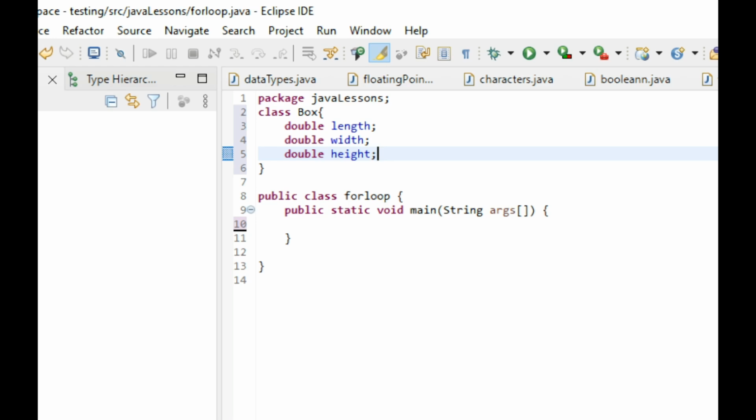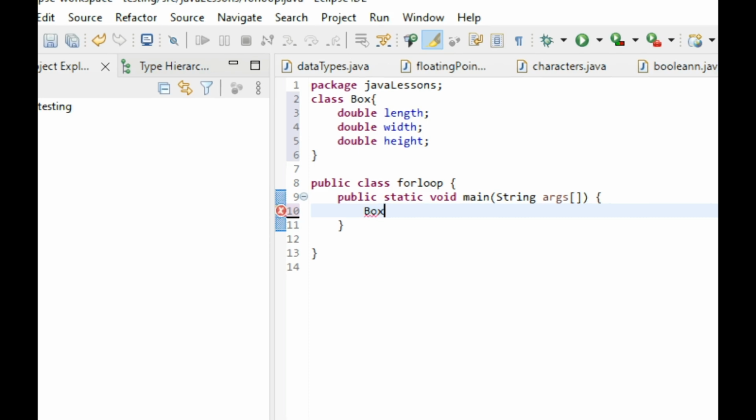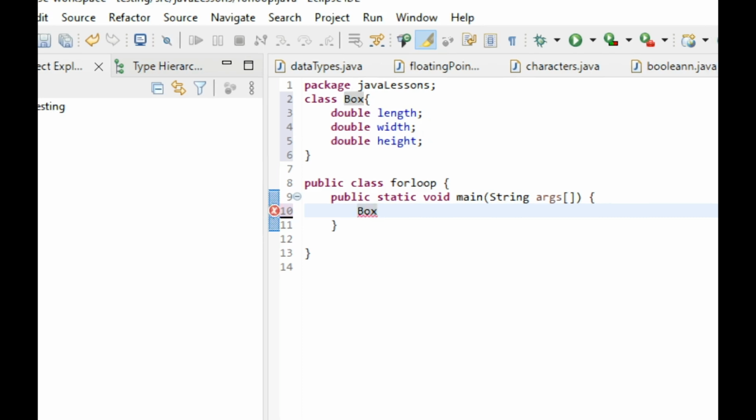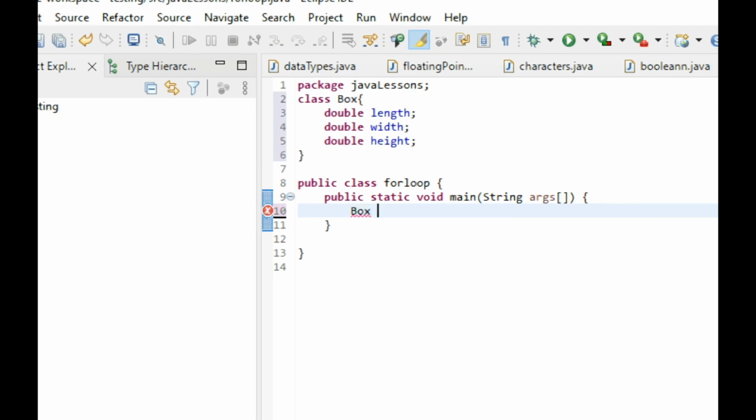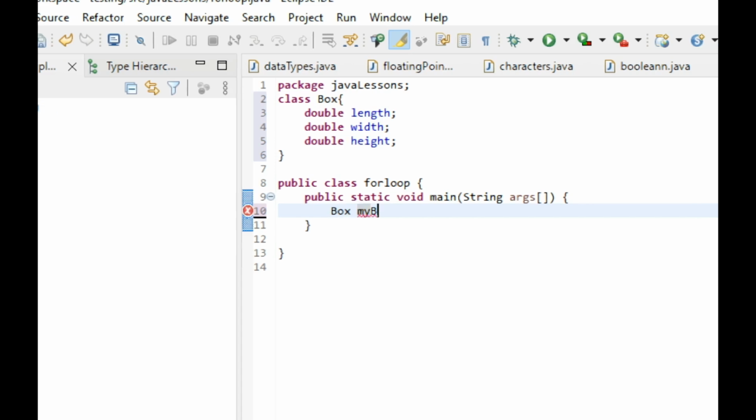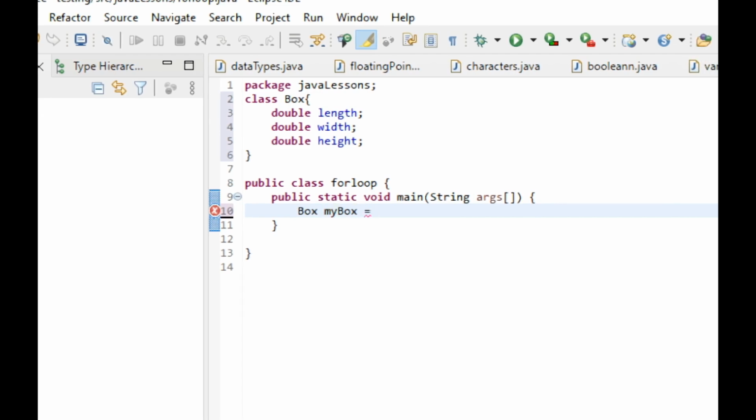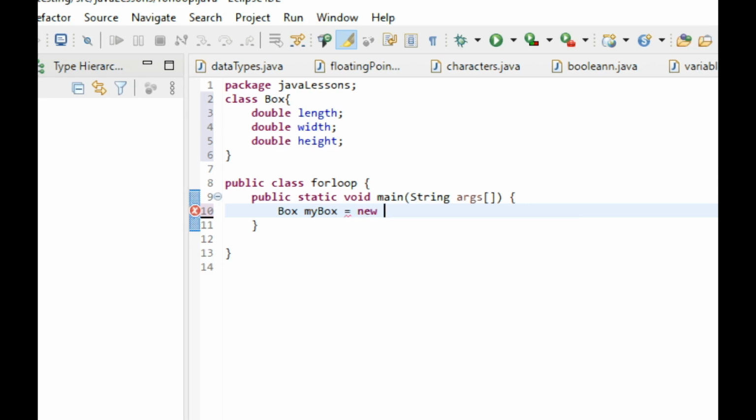For us to be able to create a Box object, we need to use a statement like this. We have created the template. Now we want to create a Box object and just call it myBox. To do that, you need to use the class name, Box, and remember we are doing that inside the main method. Then we give our object a name, myBox. myBox is equal to, then we use the new keyword,